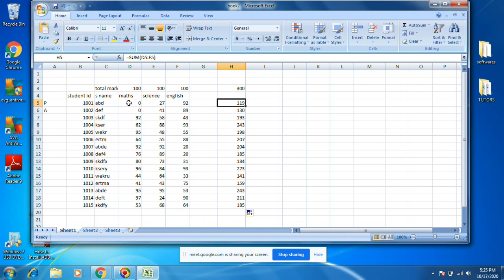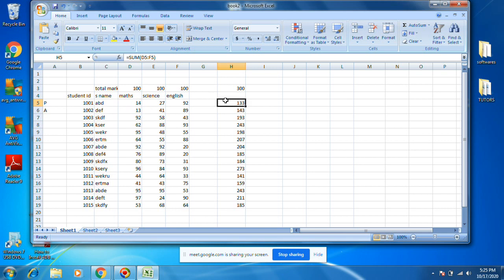Whoever failed, let's see this. He got 14, he got 13. This one got 13 marks. For the failures, I don't want to add the sum. If any subject, maths or science or English, any subject, those who got less than 35 marks, their sum should not come here.